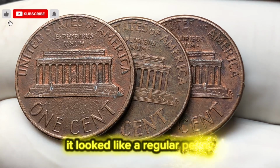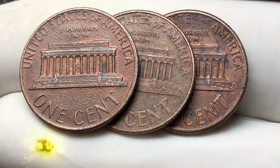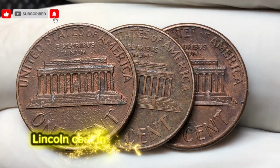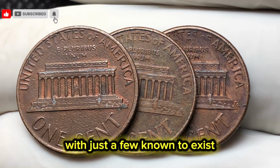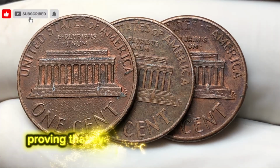It looked like a regular penny, until collectors realized it wasn't supposed to exist. A tiny minting mistake turned this 1987 D Lincoln cent into one of the rarest coins in U.S. history. With just a few known to exist, one sold for an unbelievable $1.3 million, proving that even pocket change